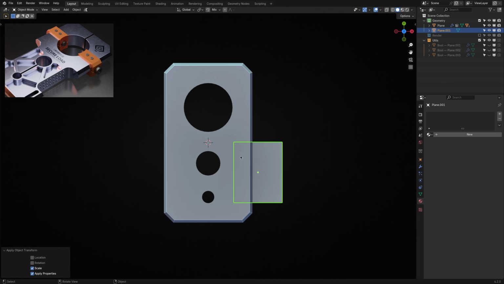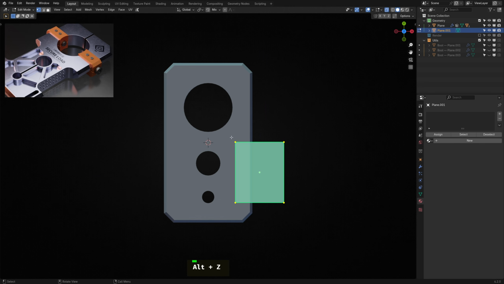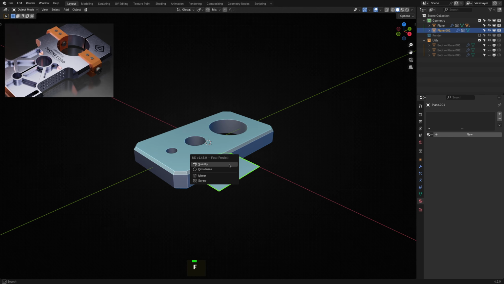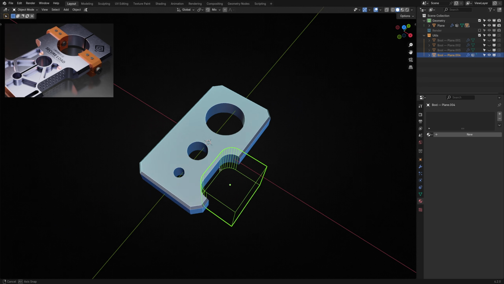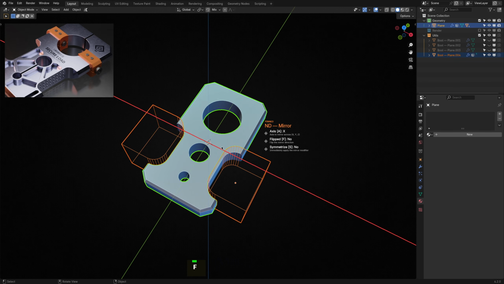The corners of this plane need some rounding over, so in edit mode, select the target vertices and run a vertex bevel. Adjust the width so that the edge of the resulting arc touches the edge of the chamfer, and set the segment count to 8. Then, back in object mode, let's solidify the plane and use it in a difference Boolean. Since we want the identical cutout on the other side, let's mirror it and adjust if necessary.